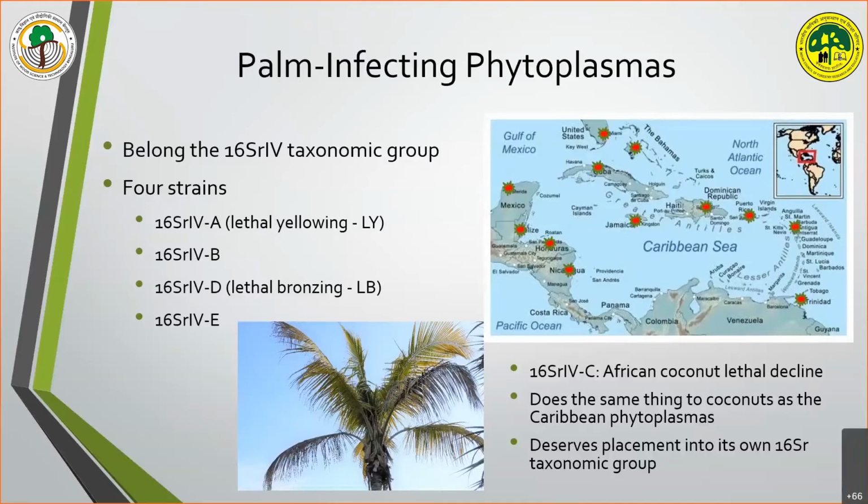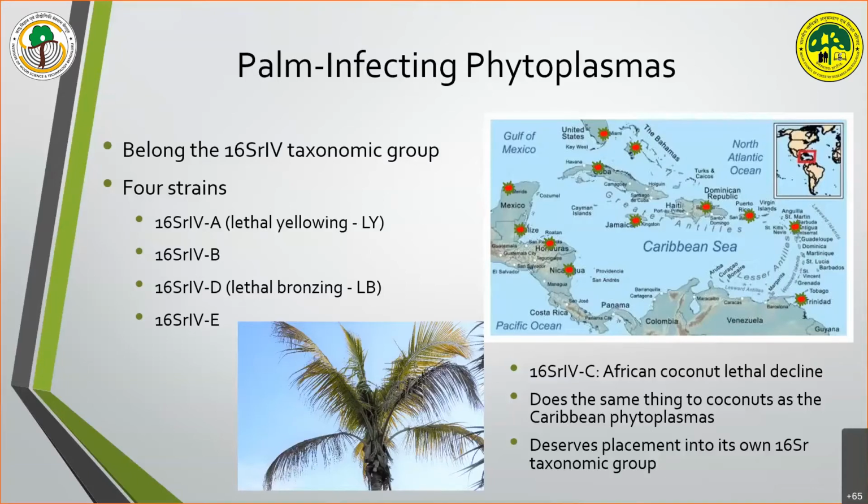So you have these two very geographically isolated areas where you have phytoplasmas infecting coconut palms. I think in the early days of phytoplasma taxonomy, because we had a case of what appeared to be convergent evolution in terms of disease symptomology, they were lumped into the group 4 phytoplasmas simply because